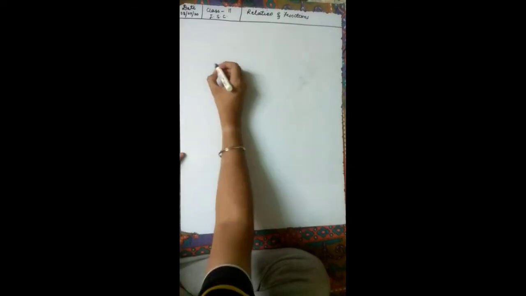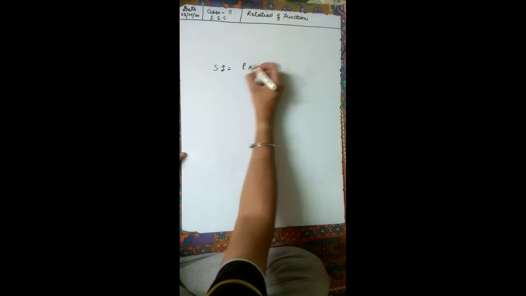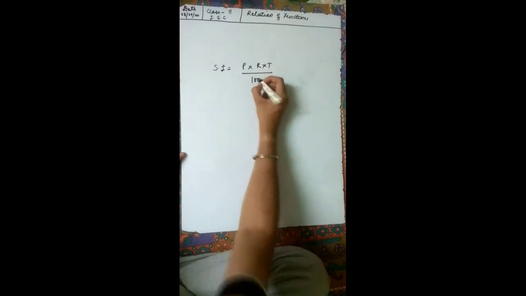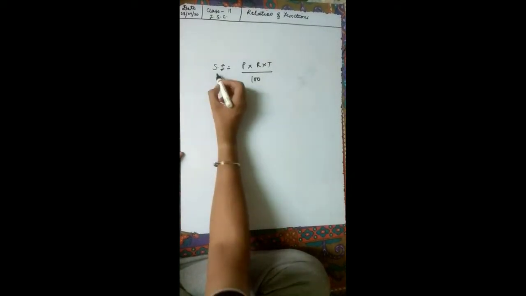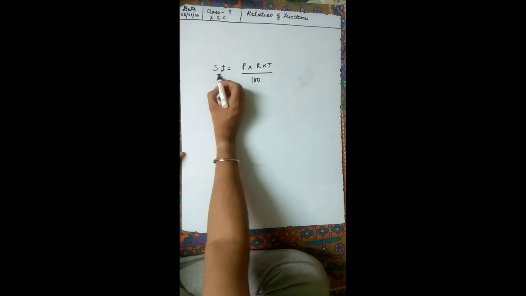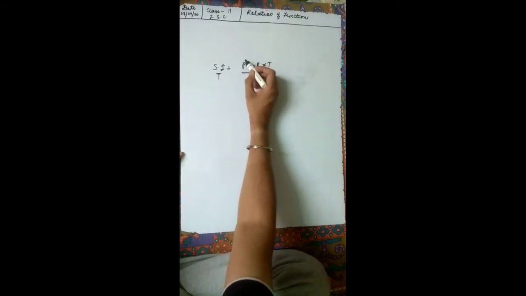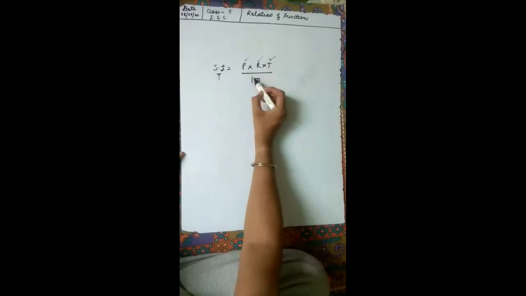I just want to answer in a way that functions are very important, we can say they are the nerves of mathematics. Why? Because functions create a situation. Say for example, as you have already studied, simple interest is P into R into T upon 100. So this is an example of a function where your simple interest comes after multiplying the principal, rate and time and dividing it by 100.